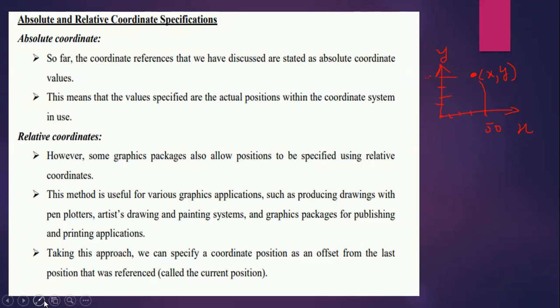On the x axis 50 and y axis 50. Whenever you say that a pixel or vertex has x, y value 50, 50, it represents the exact location on the coordinate system, the actual position. The values specified are the actual positions within the coordinate system in use.